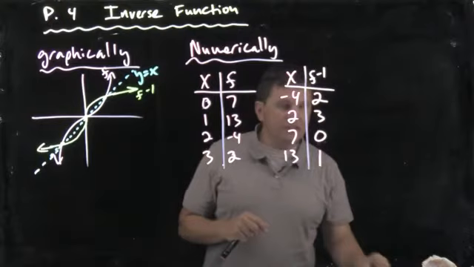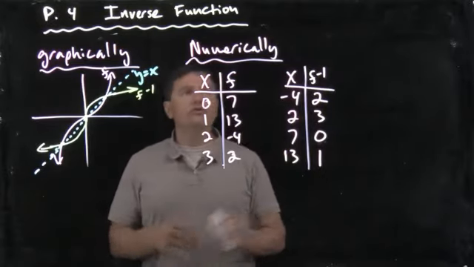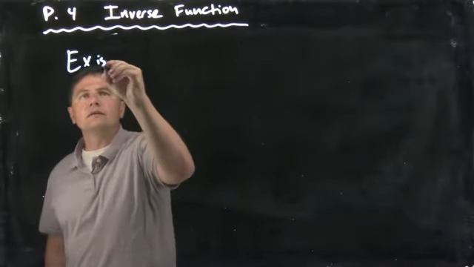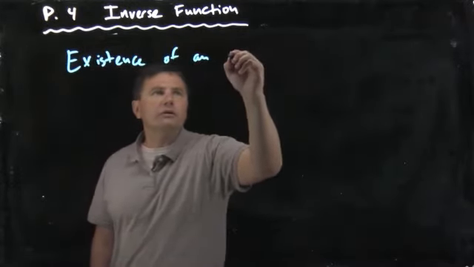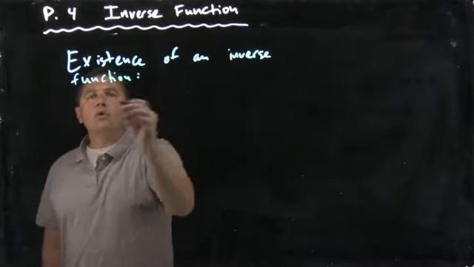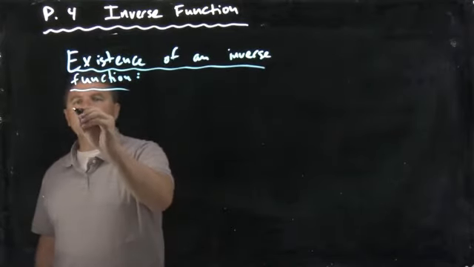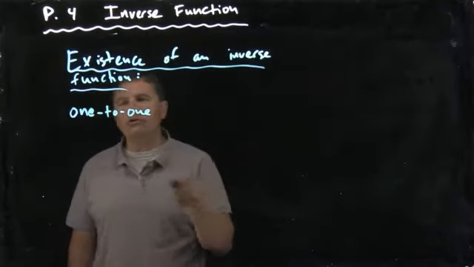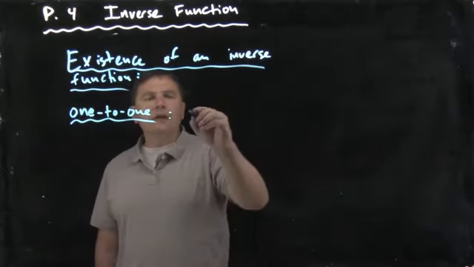Okay. Before we get into the algebraic, we do have to talk about whether or not a function has an inverse function. Okay. So if we're talking about the existence of an inverse function, what we're talking about is a quality that has a specific name. It's called one-to-one. You know, we often forget what this is. Whether you sort of recall it's one-to-one or not doesn't really matter, and I'll talk about this in a second. What one-to-one means is a function